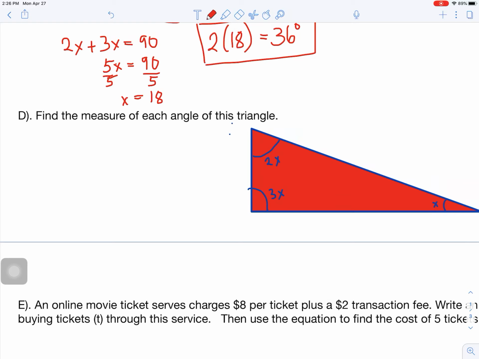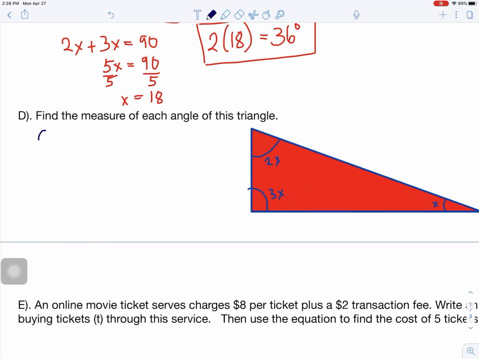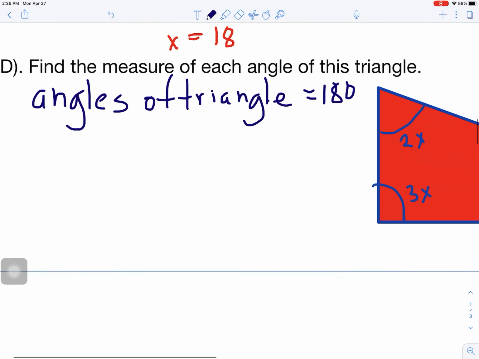All right, here it says, find the measure of each angle in this triangle. Remember, we have to think our way through this one. What do we know about the angles in a triangle? So far, we have learned that the angles of a triangle equal 180. So we know that information. Well, that's going to help us out, because if we have x plus 2x plus 3x equals 180,